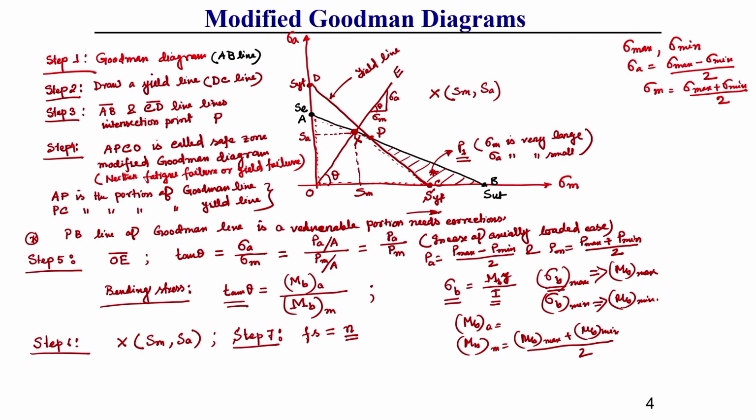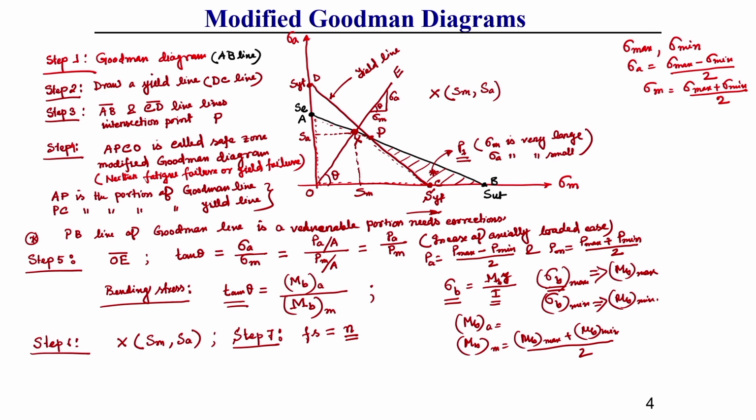This is a very interesting way to find out the design dimension of a component subjected to axial or, you can say, bending types of stresses, fluctuating stresses. So, how to find out these allowable stresses? Allowable amplitude of the stresses will be whatever limiting value we got from this point, that is A, divided by factor of safety n, and we can find out sigma mean which is allowable. This you should keep in mind.